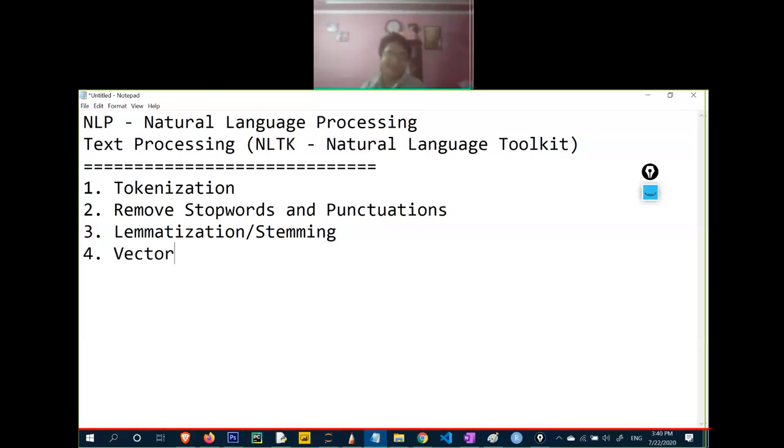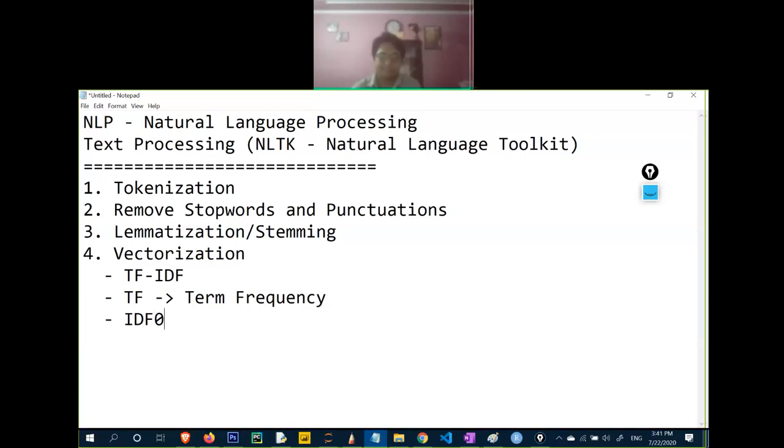Fourth step is vectorization. By vectorization, it means that I will be converting my text data into vectors using TF-IDF. Here, TF means term frequency and IDF means inverse document frequency.